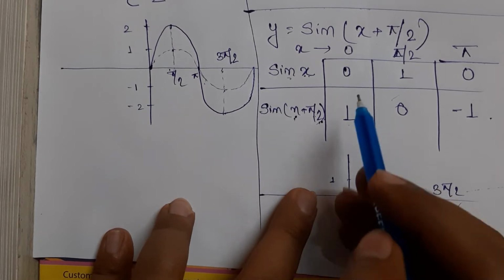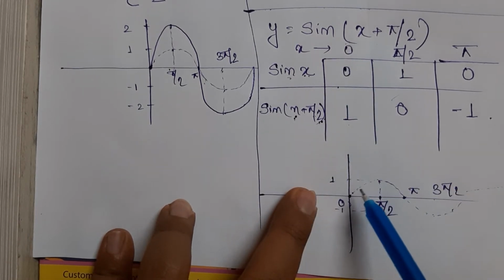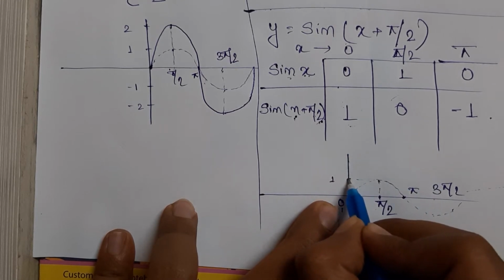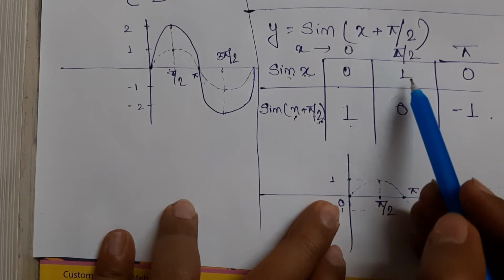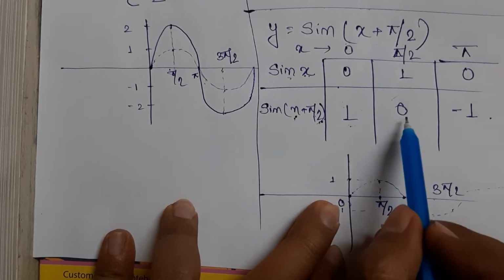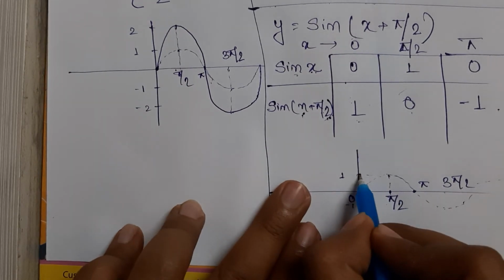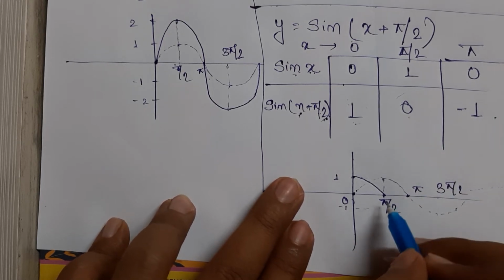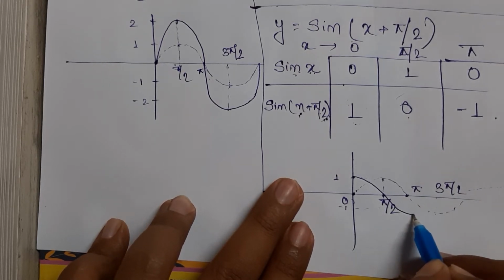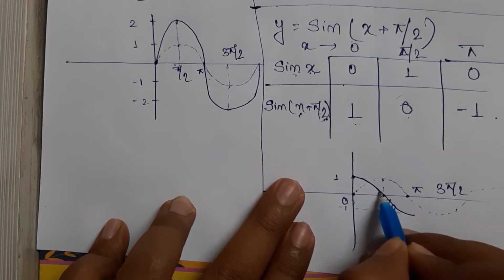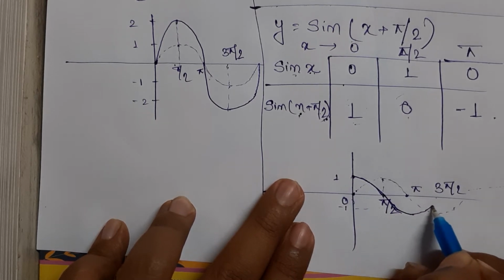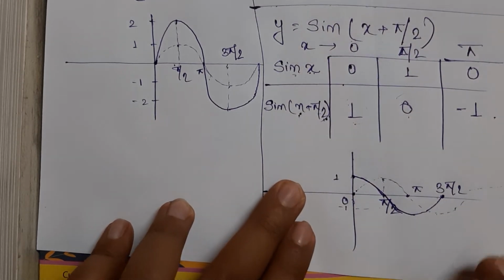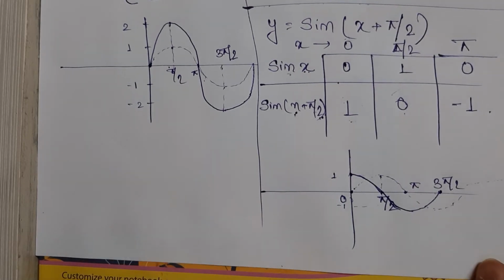Now when x is 0, what are we getting? It's 1, right? So now it will start from here, and while reaching pi by 2, we will get 0, means now it is like this, and while reaching pi we will get minus 1, and it will again increase like this. So the resultant graph is now like this. At 3 pi by 2, it will again reach this one. I think similarly it will be like this here. I think you have understood.